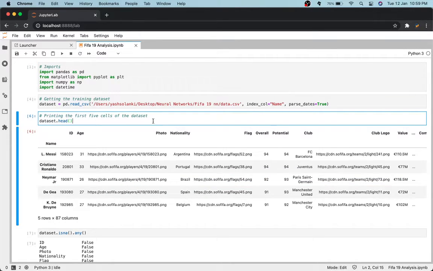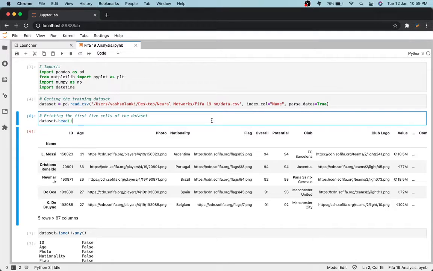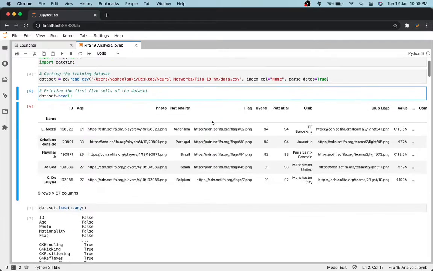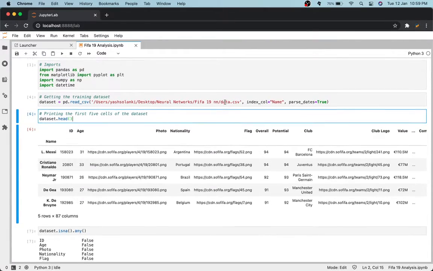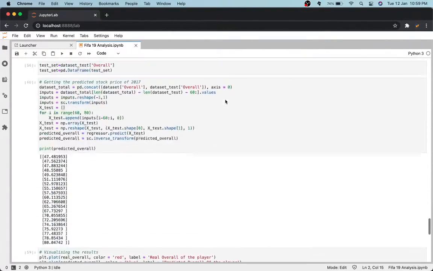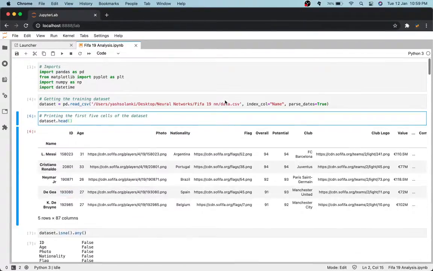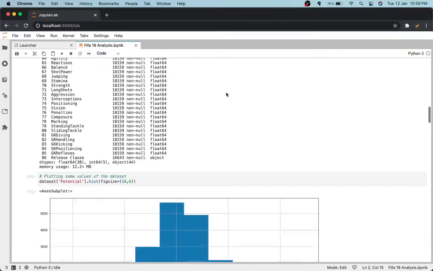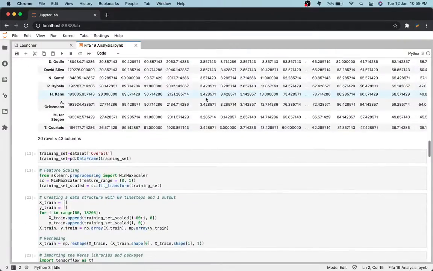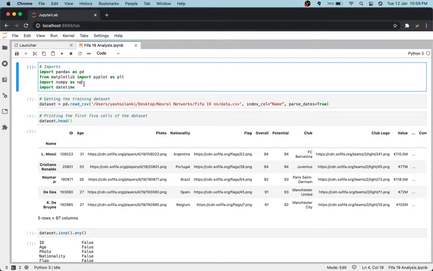So I think most of you would be knowing what FIFA is. It's that football tournament, and I figured out that I would do such a fun project because you guys will like it. So this is just a very simple neural network. It's nothing very complex. The code required for this is not very short, but you will be able to build any other neural network by taking knowledge from this video. So let's just get started.